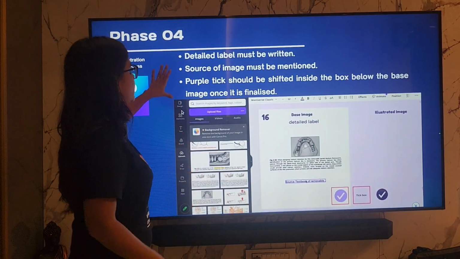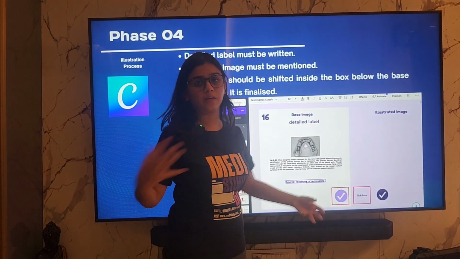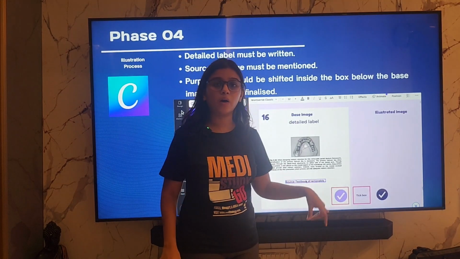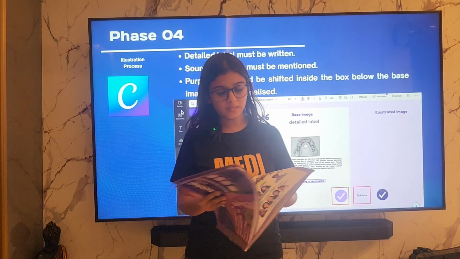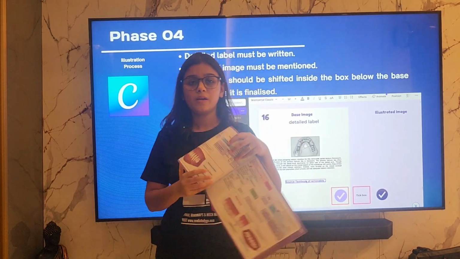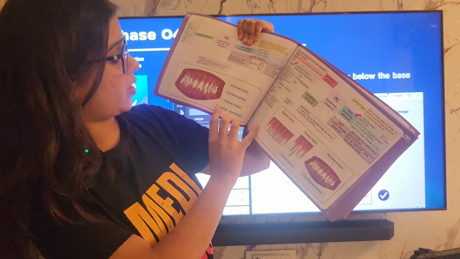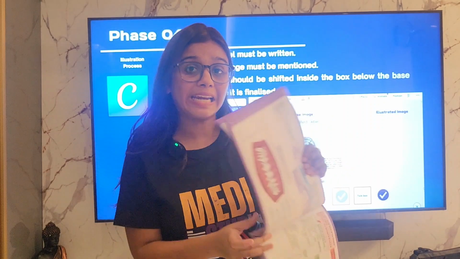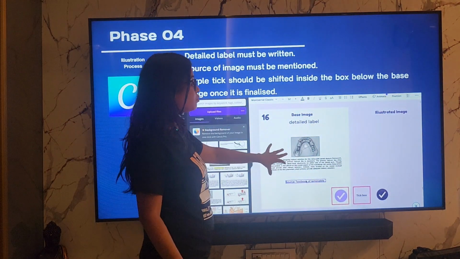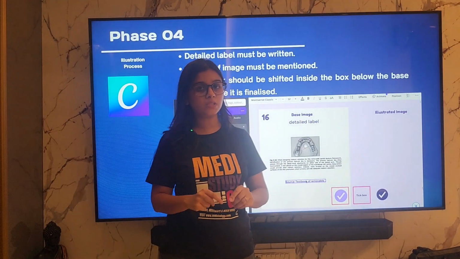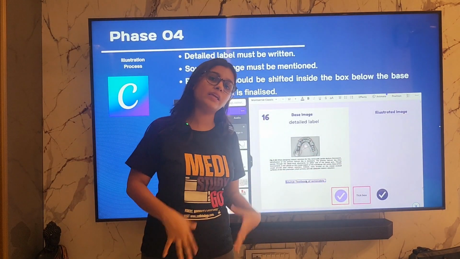Now, detailed labeling must be there. For example, here, this is a prostho image and there is, say, a major connector, minor connector, whatever it is. When it comes to the book, we want it to be labeled. Let's take an example of any image here. If I am telling the student this is attached gingiva, this is interdental gingiva, this is marginal gingiva, you should try to keep the labels on the base image itself, so that tomorrow when the person designing the book wants them, they can just use the labels of this image onto our illustrated image and it becomes a very easy process later.